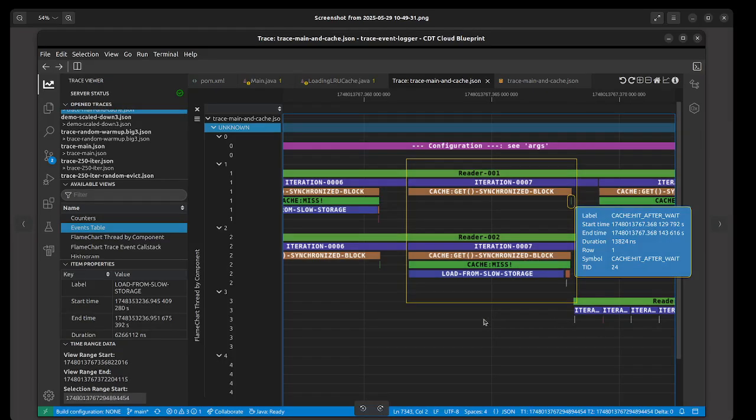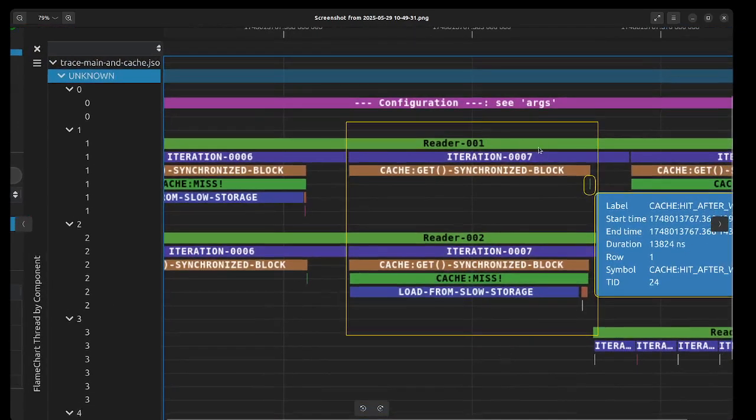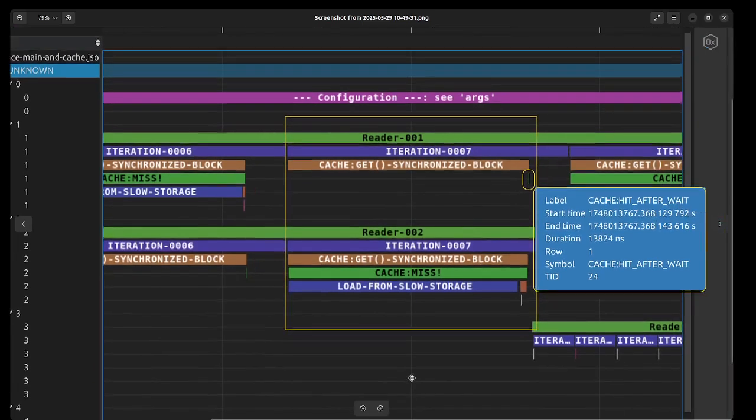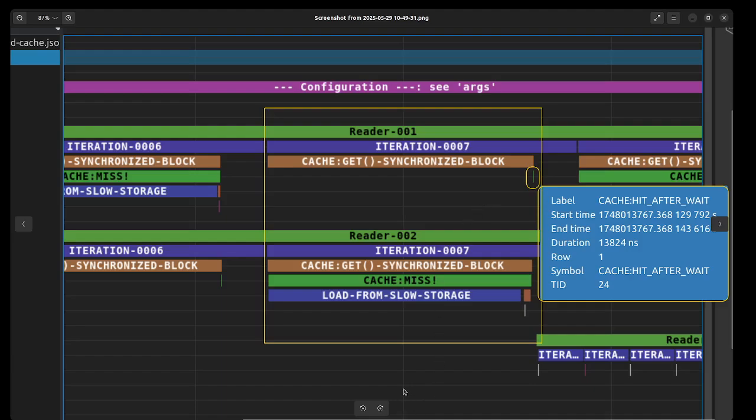So if we zoom in on the reader threads, after a few iterations, so at around iteration 7, we can now, with the benefit of having instrumentation in the cache as well, try to understand a little bit more what is going on. At this point, the two threads seem to be in sync, iterating on the same element at the same time. They both request element key index 7. One of them, in this case it's reader 2, gets there first, enters the synchronized block, which blocks the other thread, and then resolves the cache miss, calling the loader function from main. So at this point,